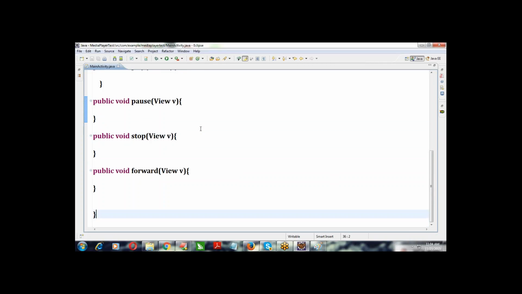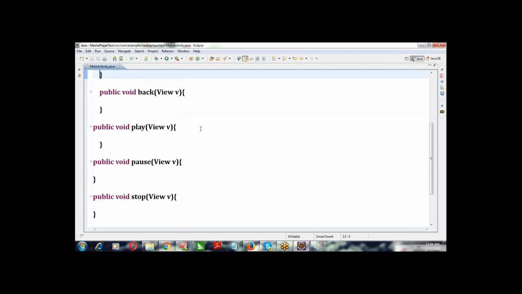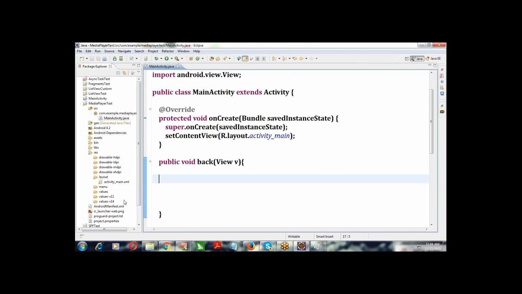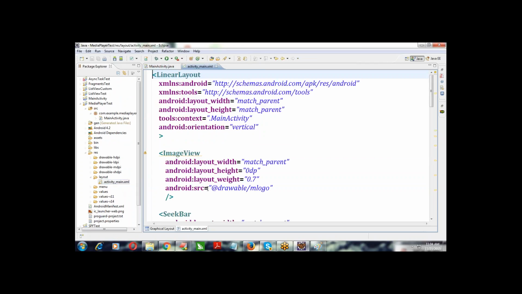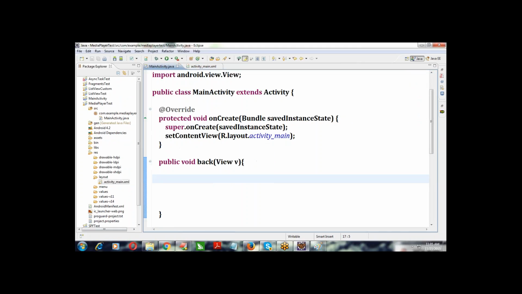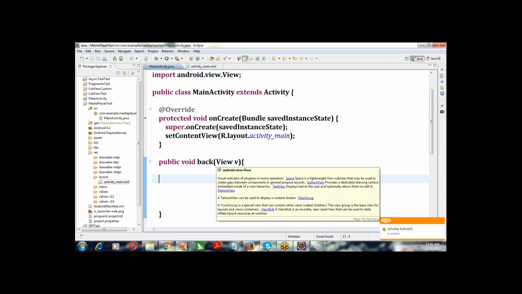Now we have to write the logic for it. Initially we'll write the logic for only these three buttons: the play, pause, and stop buttons. When the user selects the play button, we have to start playing an audio file. So first, whatever file he wants to play,